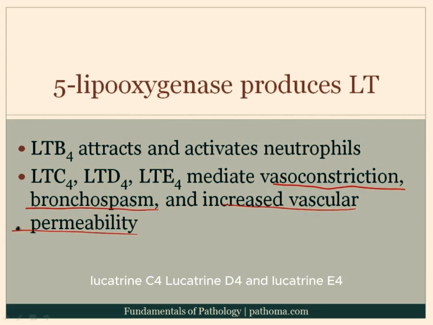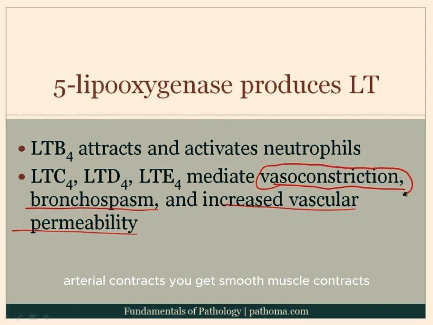Leukotriene C4, leukotriene D4, and leukotriene E4, basically what they do is they contract smooth muscle. They cause smooth muscle to contract. So the arteriole is lined by smooth muscle, and when that arteriole contracts, we get vasoconstriction. The bronchus contains smooth muscle in its wall, and so when